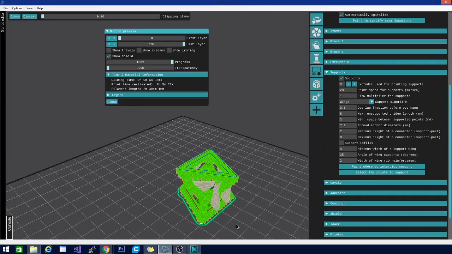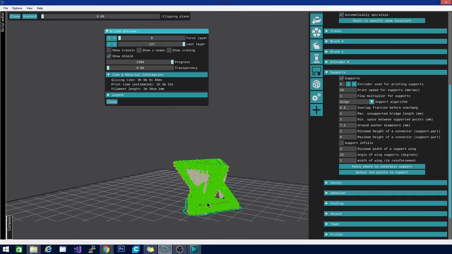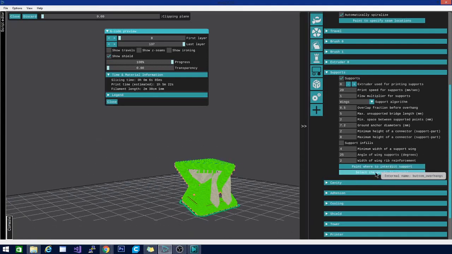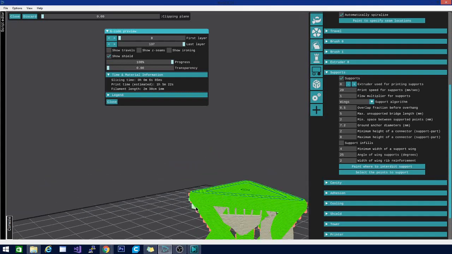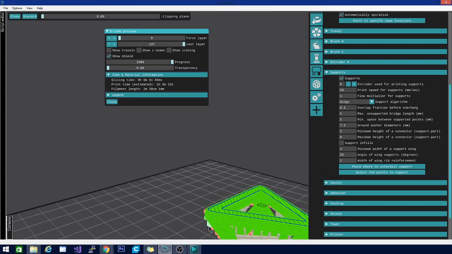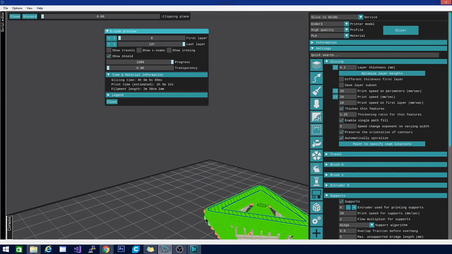So it's going to put all these points on the exterior of the model at points that have really high angles, and basically what you do is you just click on them, and they turn green if you click on them right. Let's just do them all up and down this corner here. And then the interesting thing about the support is it's like a combination of pillar and tree support. Now we can go and slice it again, and we should see on this point some pretty straight down pillars,